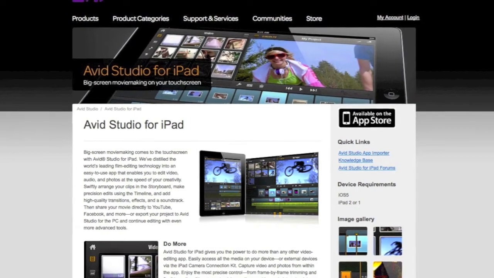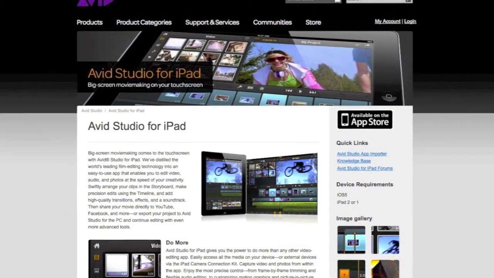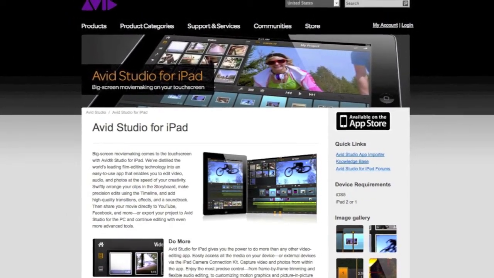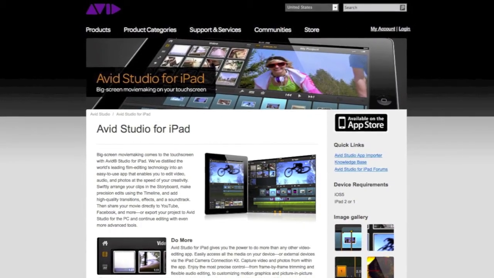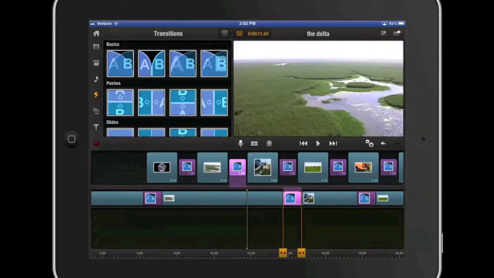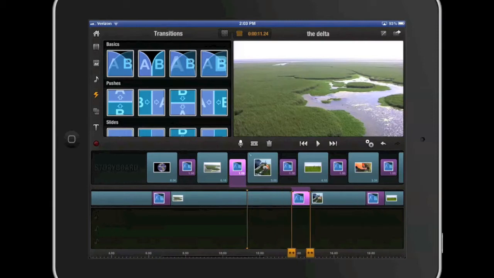This is part 2 of a tutorial for a movie editing program for the iPad called Avid Studio. Let's try something different. Let's say, for example, we would like to add a photo that is going to be